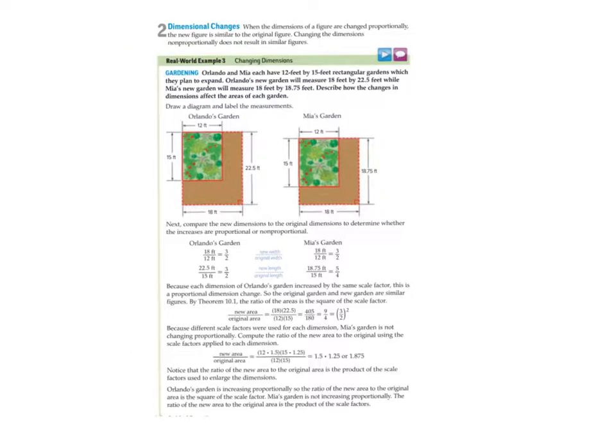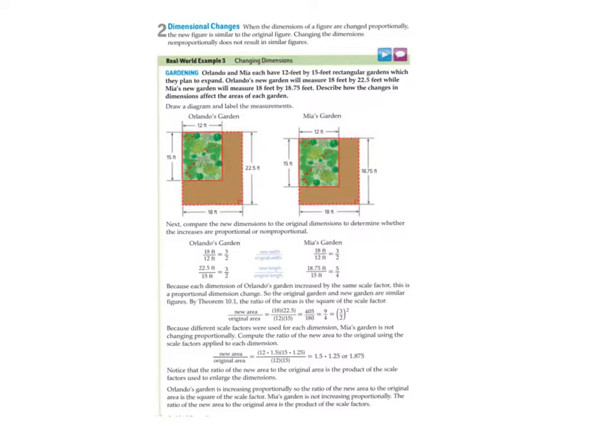Alright, so now what we're doing in example 3 is we are changing the dimensions. We've got two gardens here, Orlando's and Mia's. Both of them at the moment are 15 by 12. Orlando wants to increase his or hers to 18 by 22.5, and Mia wants to increase hers to 18 by 18.75. Okay, so what you've got to do first and foremost is work out whether or not it's in proportion,